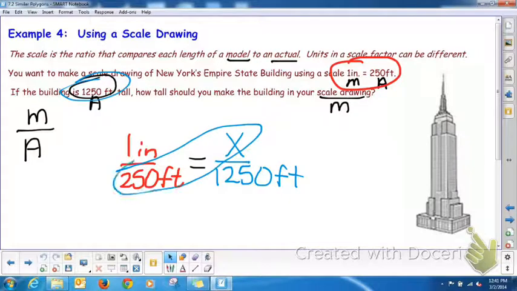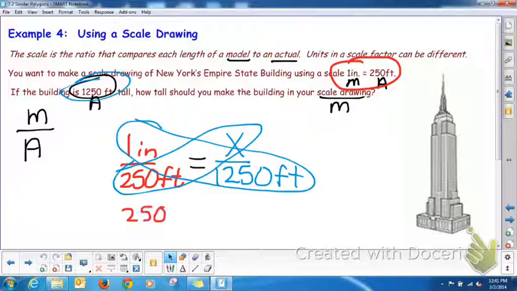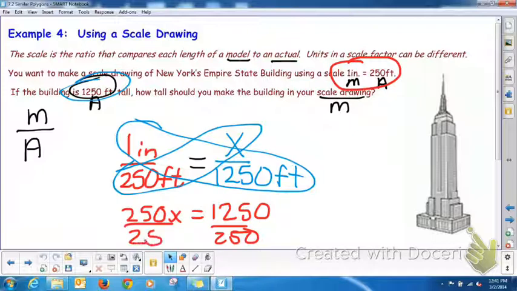Again, using that cross product property, we can solve. So we're going to have 250x is equal to 1 times 1250 is 1250. Then you want to divide by 250. So x is going to equal 5,